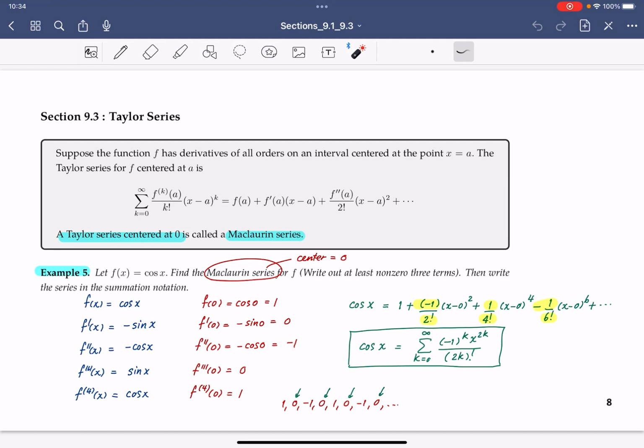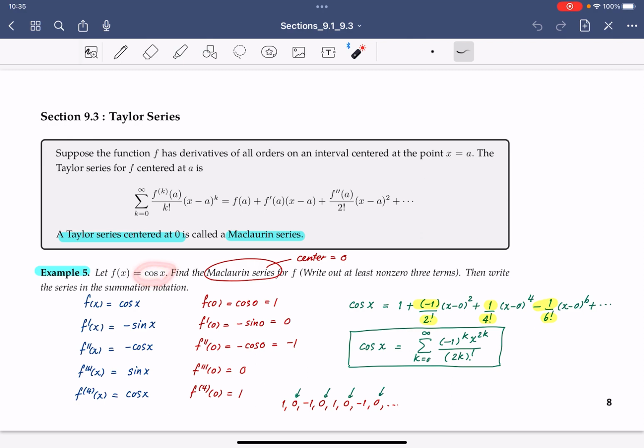Okay, now let's continue our content for Calculus 2 class. This is where we stopped last time. So last time we talked about Taylor series. The point about the Taylor series is that you need to memorize the formula here, which is f(a) plus f prime(a) times (x minus a), and then you keep going to infinity order. This is a Taylor series, and last time we learned how to build a Taylor series for cosine